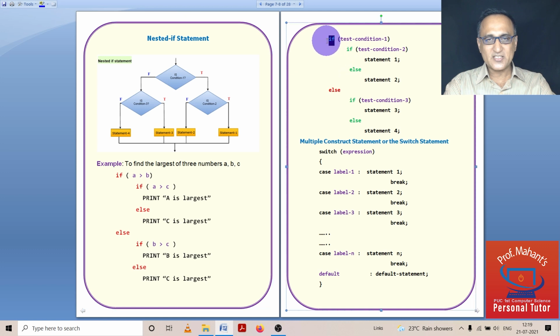Here I have used colors to differentiate which if is associated with which else. So red indicates this if is associated with this else. This if is associated with this else. This if is associated with this else. So only if this condition is true, it goes into this one, else it comes to this part. Now if you want to